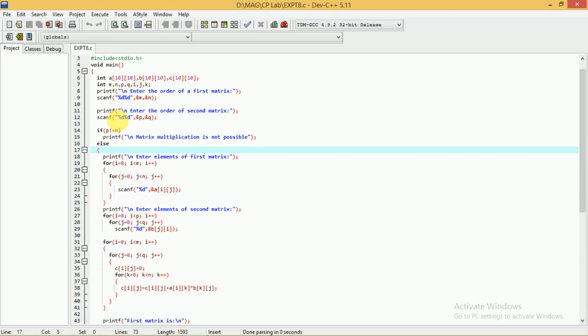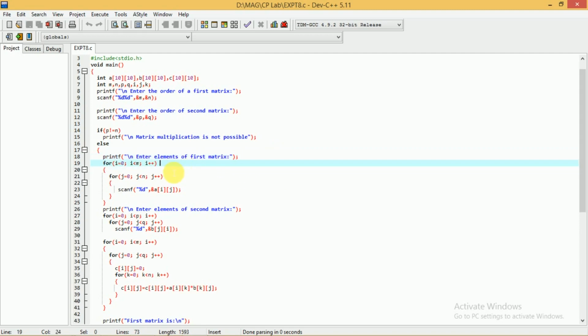In the else part, what we have to do is read the elements. To read the elements, again we have this printf statement, enter elements of first matrix. Whenever this message is displayed on the screen, the user can enter the elements of the first matrix. When a user enters the elements of the first matrix, we have to read those elements.